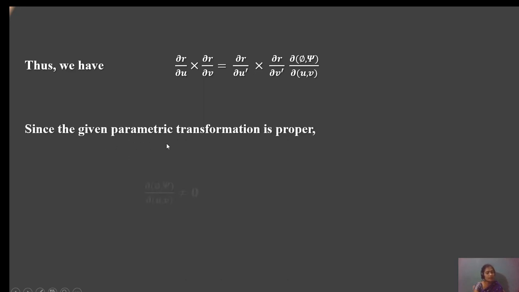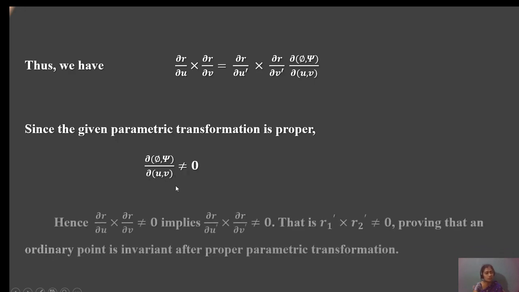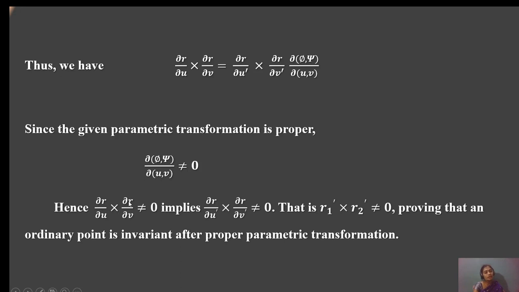Okay, since the parametric transformation is proper, del phi xi upon del u v is not equal to 0. Hence del r upon del u into del r upon del v is not equal to 0, which implies the dash value is also not equal to 0. If r1 dash into r2 dash is not equal to 0, then it is an ordinary point, and it is invariant after proper parametric transformation. This is the basic concept that will be given in the example in this